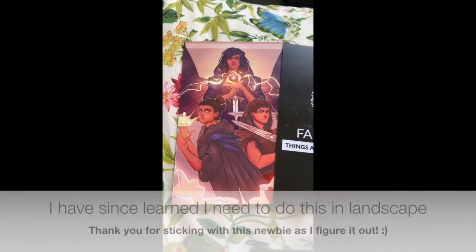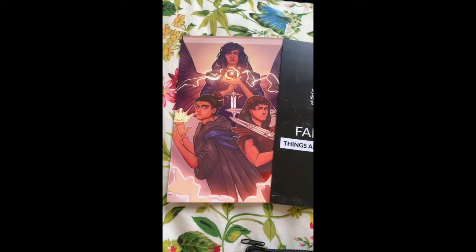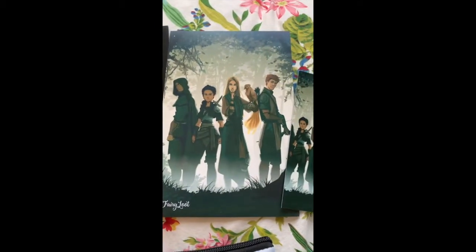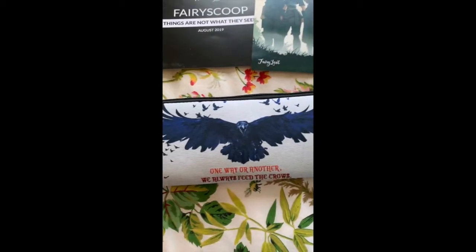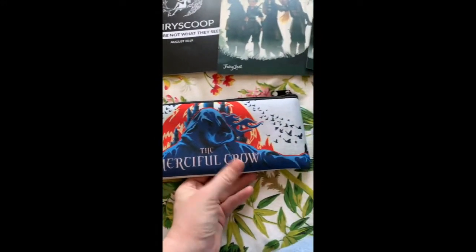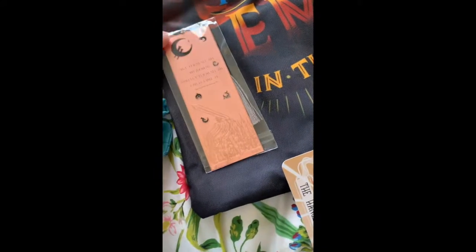So I just switched to my phone to give you a brief overlook of what came inside the Fairyloot box, a more in-depth look. This is the author letter, the newsletter, and the artwork for the spoiler card and bookmark. This is the pencil case. This is the one side and the other. These are the scrunchies, the bookmark, tassel,